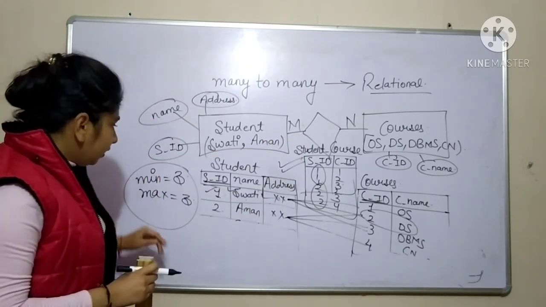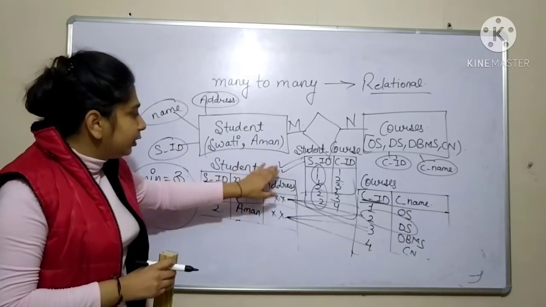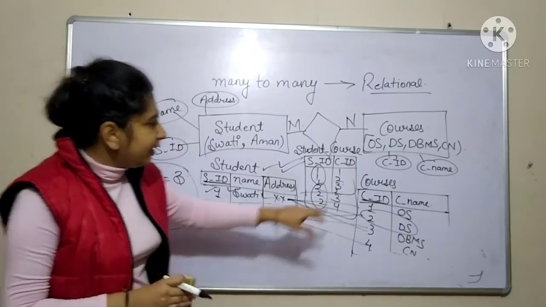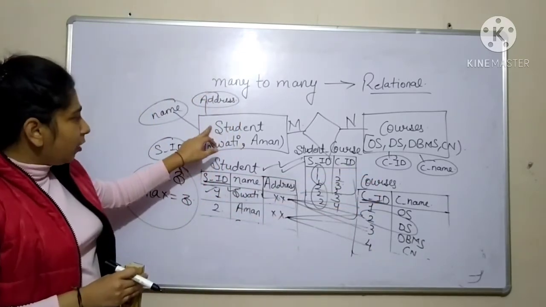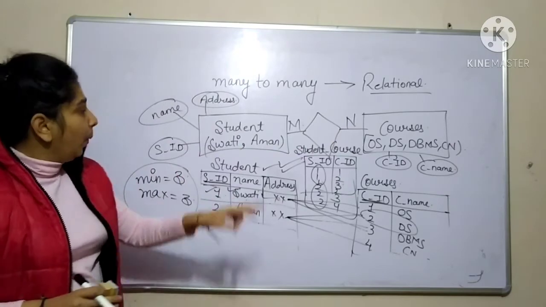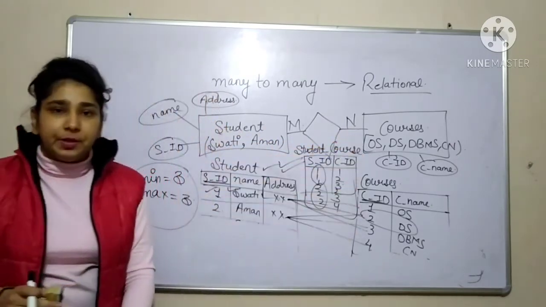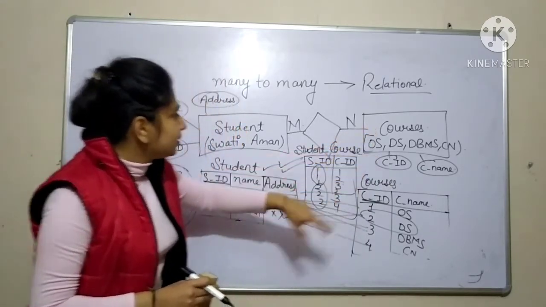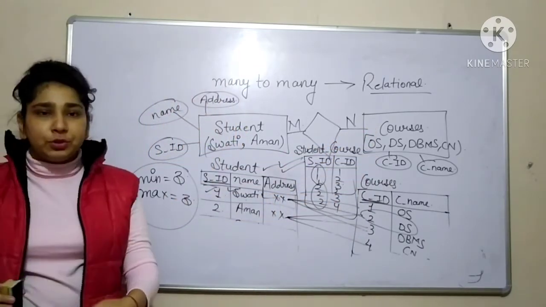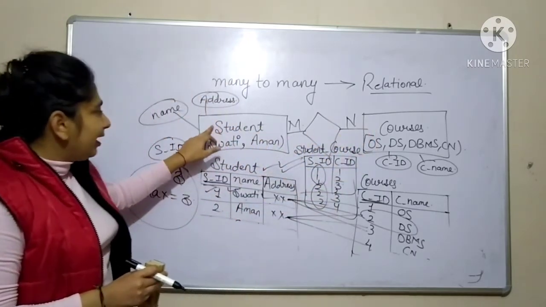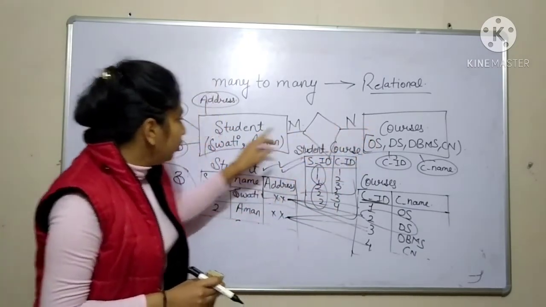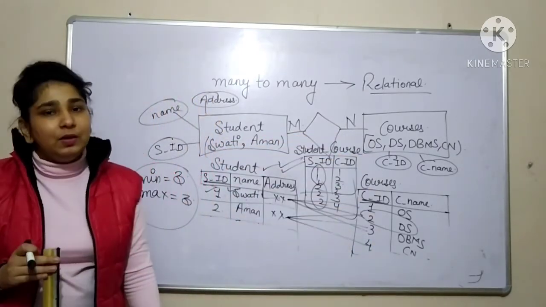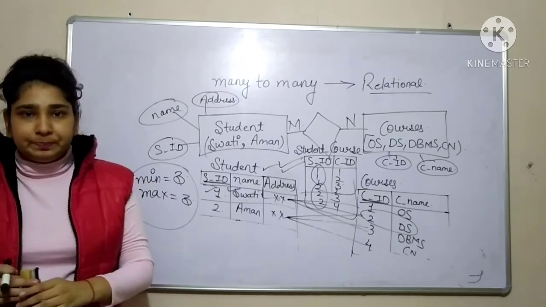Okay. So, it is actually a one-to-many relationship from both sides. One student is studying many courses. So, from student to course, there is a one-to-many relationship. If you look from the other side, the course side, one course is studied by many students. Okay, there is a one-to-many relationship from course to student. So, it is actually a many-to-many relationship.